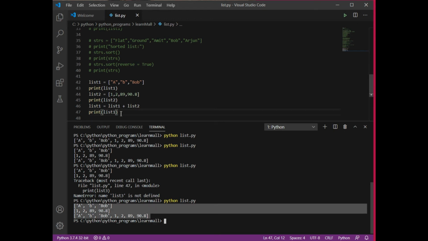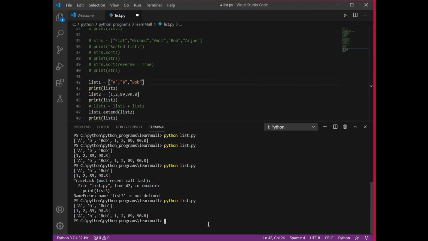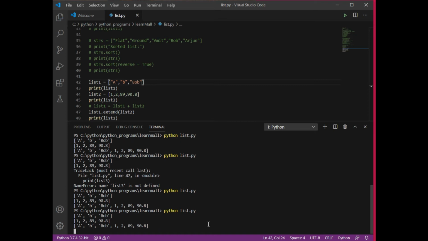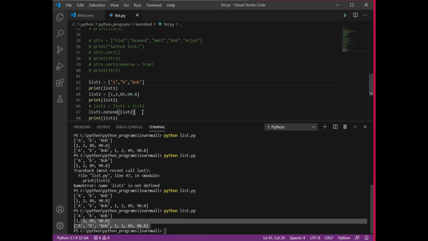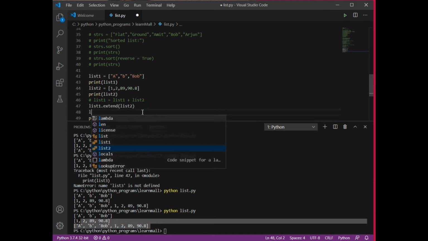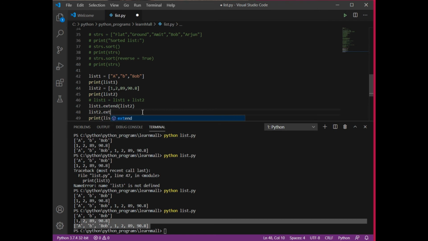So now there is another way of doing the same thing, that is, if I want to extend list 1, I can write the list 1 dot extend function. Inside that I'm going to write list 2. This is a function that works like your plus. So see, now there is a difference if I write list 1 dot extend or if I write list 2 dot extend and then I write list 1. There is a difference between these two statements.